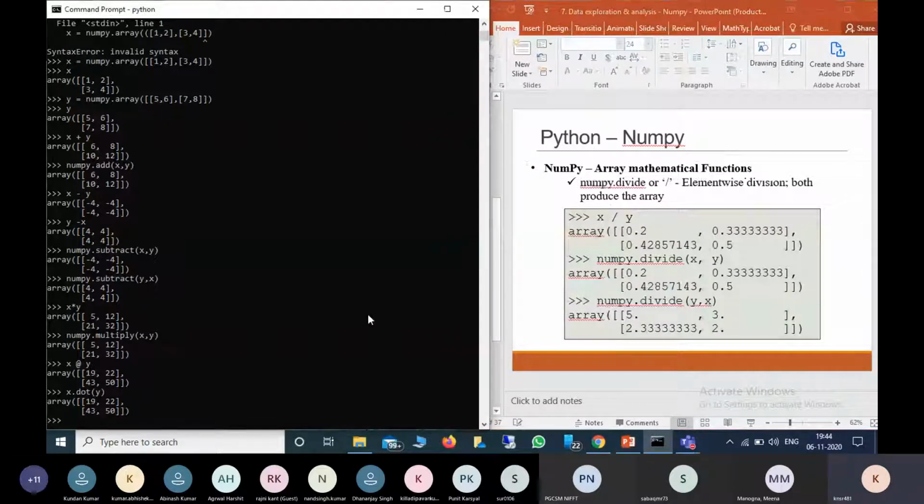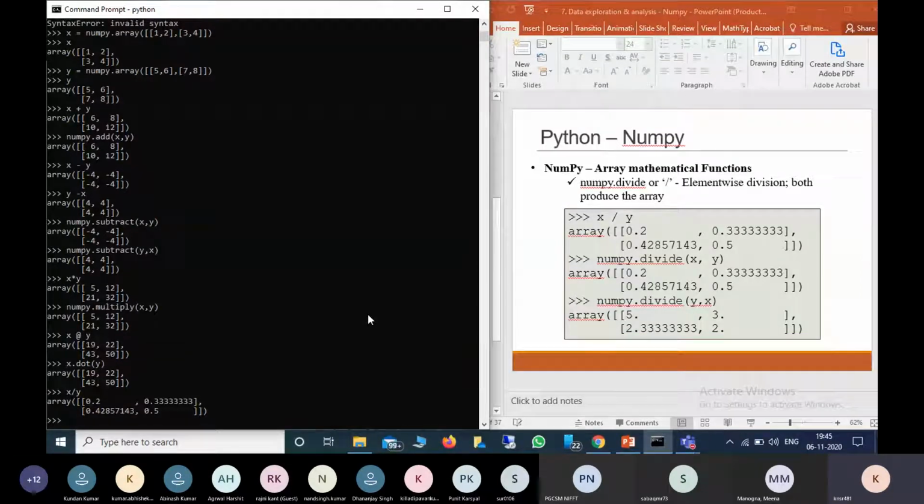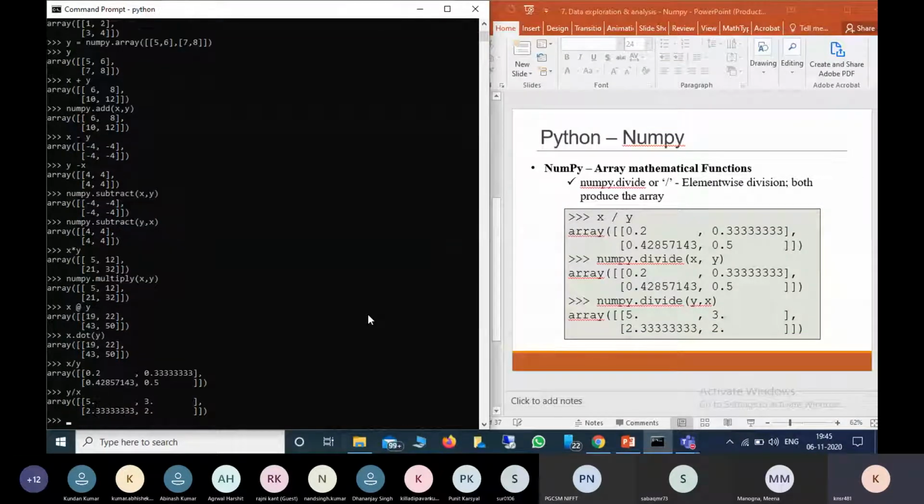And similarly we can see divide. Here we can use the divide symbol directly, or we can use numpy dot divide. So x divided by y will give this, or y divided by x will give this one.